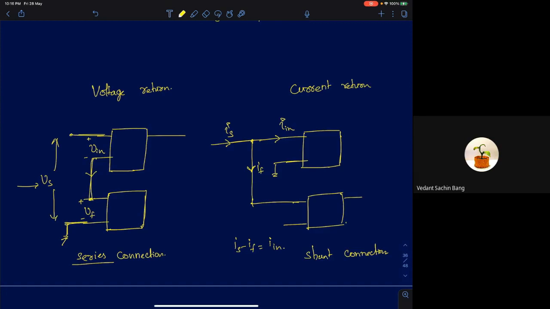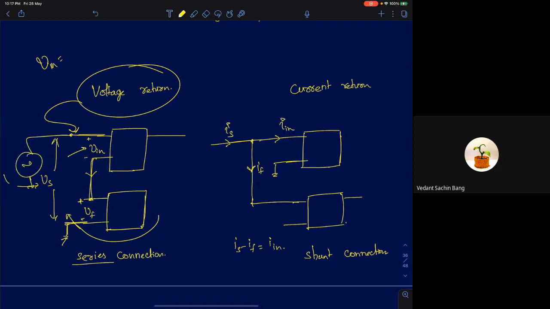Therefore, if I'm returning voltage back, the feedback network should be connected in series with the input port. Only then can you say that you're returning the voltage back. Here I've shown a voltage amplifier with voltage as input. Vin is the input to the amplifier, Vf is the feedback voltage, so the input to the amplifier is Vs, the signal voltage, minus Vf.